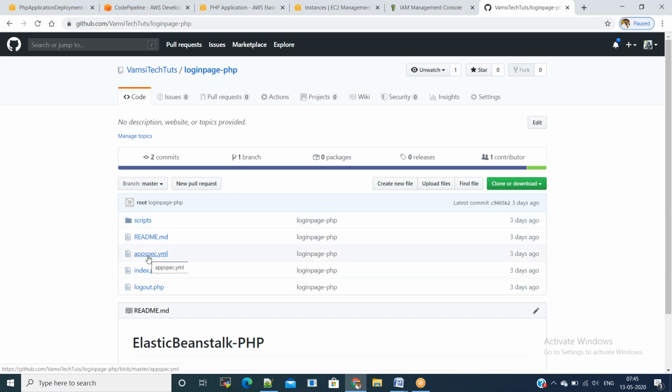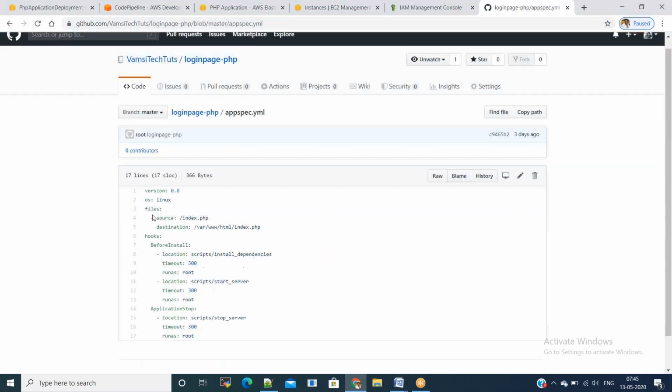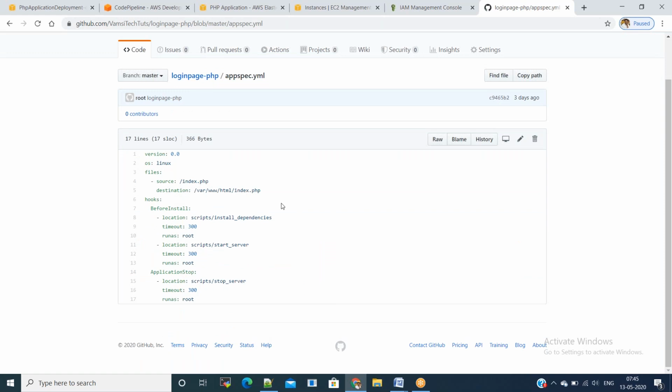Okay. And here we have a file called the appspec file. The appspec file is nothing but the application specification file. It is a YAML or JSON formatted file used by CodeDeploy to manage a deployment.